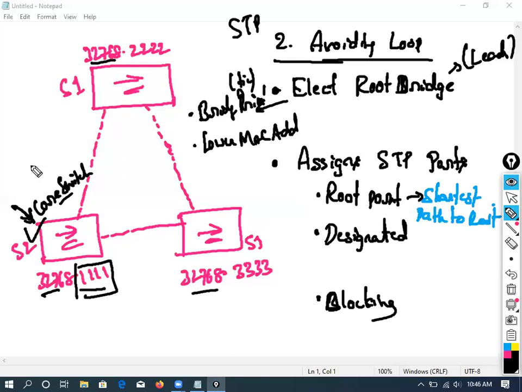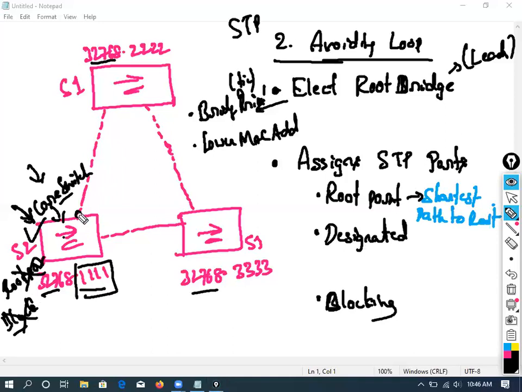Now who is the root switch here? This one, right? Now is it possible for them to have a root port? Not necessary, because they themselves are the root switch. Why should they have a root port here? Is it clear? So the core switch cannot have a root port. No root port in the core switch. What about the blocking port? They won't block themselves. I'm saying they cannot have a root port because they themselves are the root switch, and they cannot have a blocking port. Why would they block themselves? Because they are the leader. So what is left out here? Designated port. It's very simple.